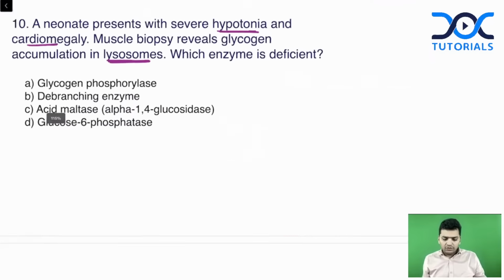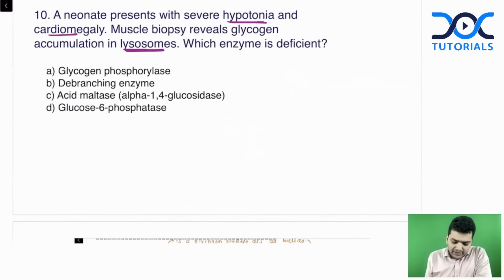So the answer is going to be Pompe disease, and Pompe disease is due to deficiency of acid maltase, which is also called alpha-1,4 glucosidase. Alpha-1,4 glucosidase, that is the deficiency there. Then,